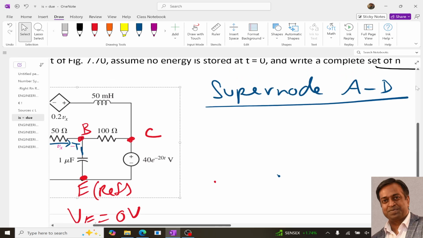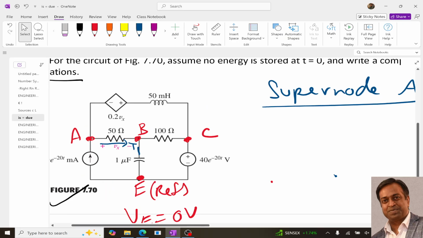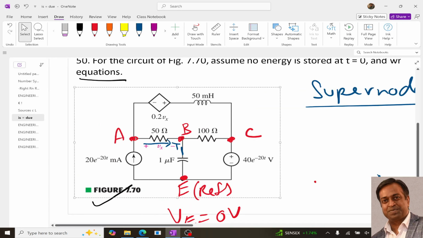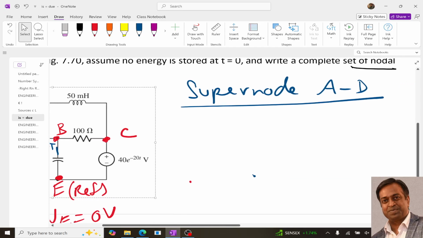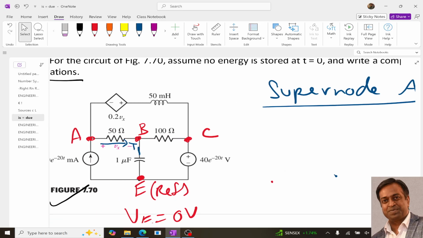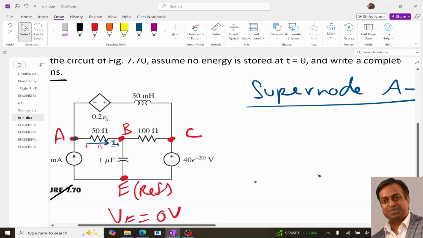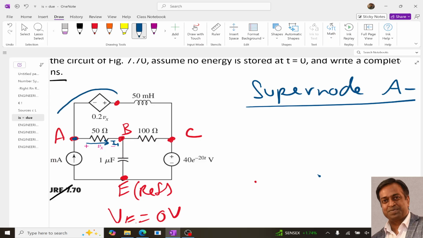For this, let me zoom it again. So over here, or let me write it again. Okay, so over here you can see that if I look at this, let it be I1. So considering this A node, super node A and D, so these are the super node. Like, so first let me write I1, then second current, let it be I2, so plus I2, and